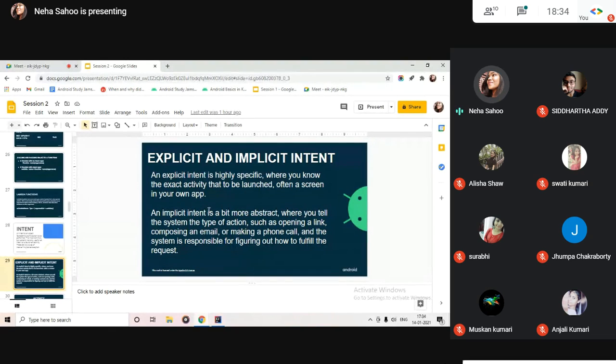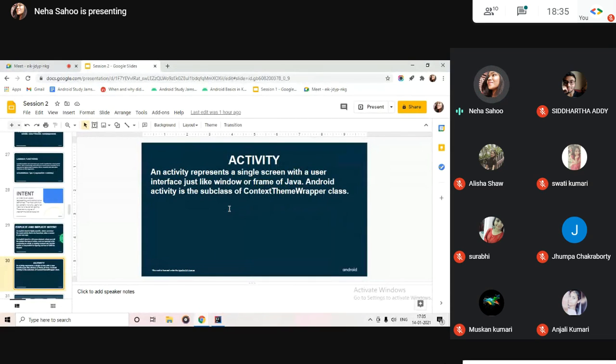And whenever we are working with something that is outside the app, for example, if I want to share a message from my app to my friend, or send a mail from my app to a colleague, all this can be done using implicit intent. I hope that made explicit and implicit intent clear. We will look into it deeply tomorrow, but for now this is all you should know. So let's move on and see what's next.